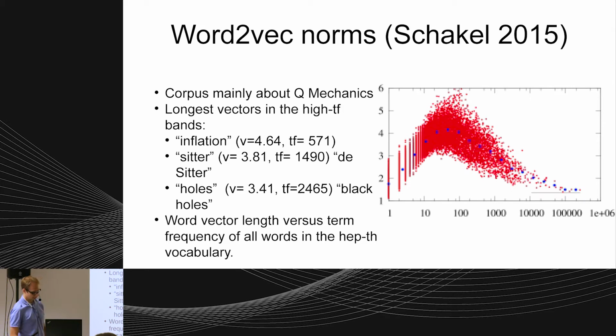And they claim in the paper that it's because these words are very indicative of the few articles that were about general relativity in the corpus, and that's why the word vector length together with term frequency can be useful. They also do this plot for their trained word2vec, and you can see that with increasing frequency the norms go down, but also at the other end. So there's this interesting shape,